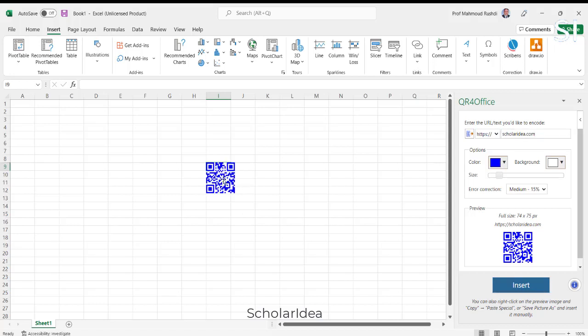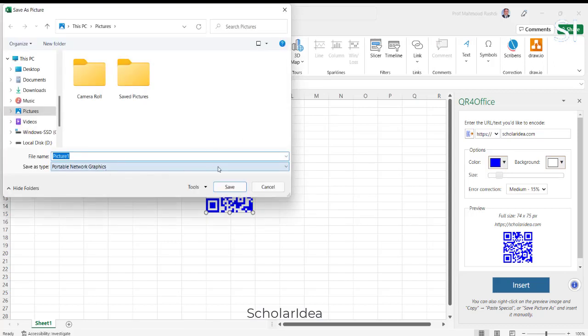Here's your QR code all ready to be moved where you need it. If you right-click on it and select the option Save as Picture, the QR code will be saved into your computer, and you can use it in any other application,